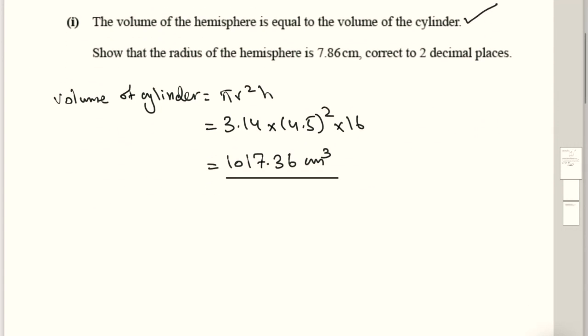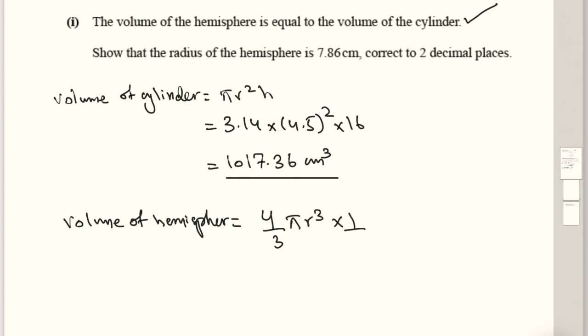In order to find the volume of the hemisphere, you will need to use this formula, 4 over 3 pi r cubed times 1 over 2. Now this 1 over 2 is actually an addition to the original formula of a sphere, because you need to divide the volume of a sphere by 2 in order to get the volume of a hemisphere. When you do that, this is what you get: 4 over 3 times 3.14 times r cubed, r is what we're trying to find, times 1 over 2, and this is equal to the volume of the cylinder, which is